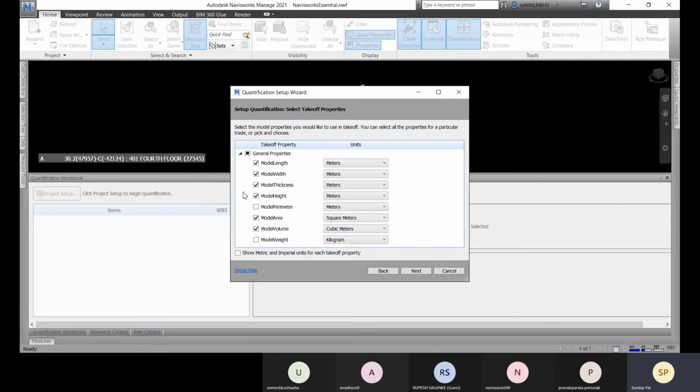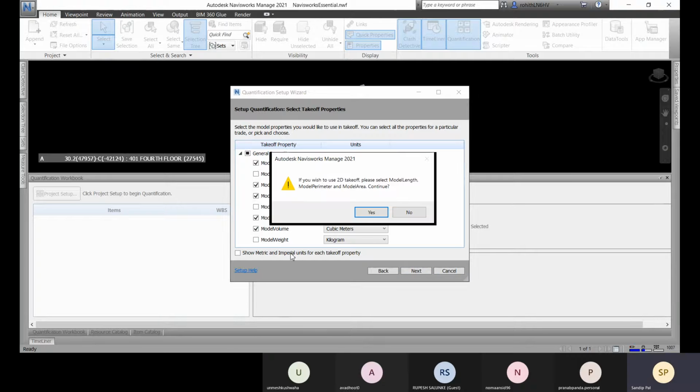The area, the volume, height, thickness, width, and length. So if I'm getting the model volume, I don't need these two. I can just select like model length and all this. So click on next.